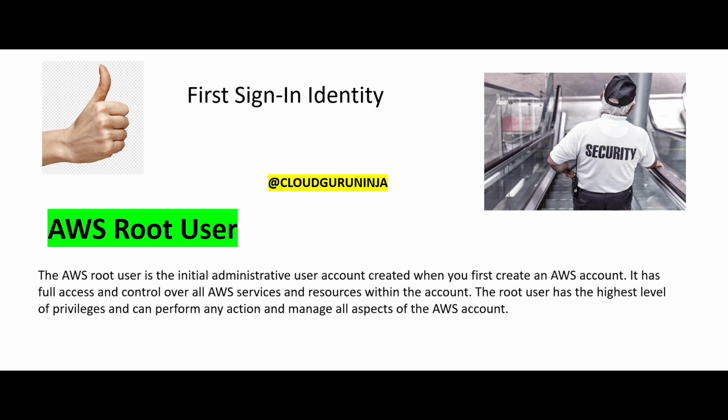Now, the next thing which is important to understand is what is the AWS root user. This comes in the certification, and what they ask is about when you are creating it for the first time. What is the purpose? This is the first sign-in identity. That means the root user is the initial admin user account that gets created the first time. And what access does it have? It has full access. It can do anything. You can nuke another country as well. It has that level of access.